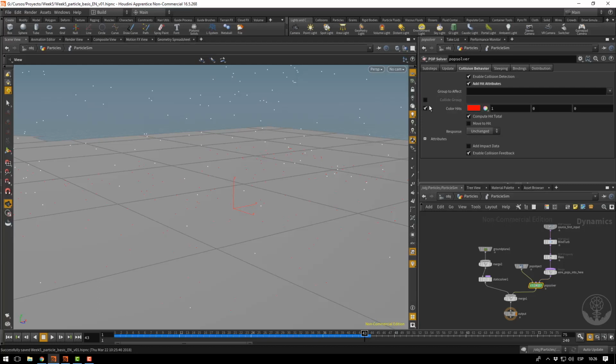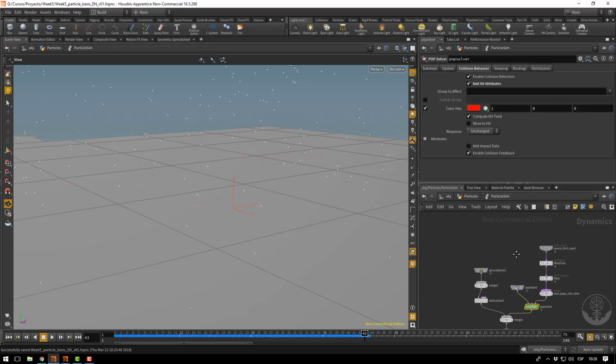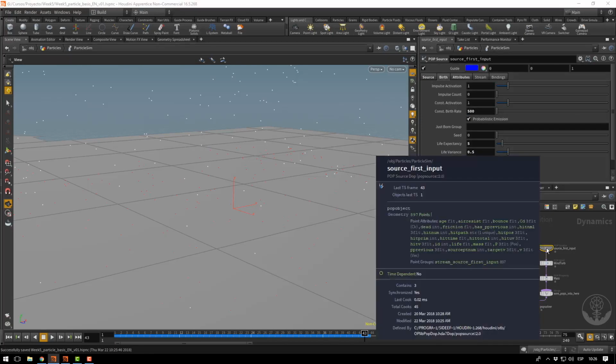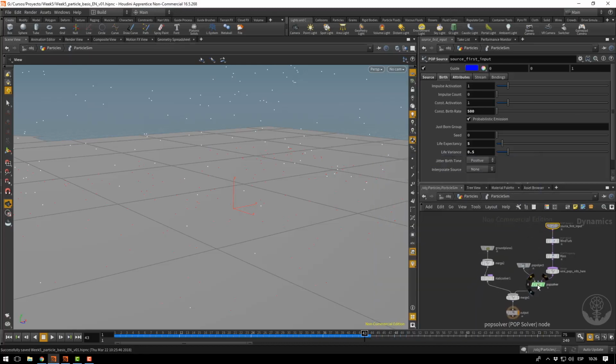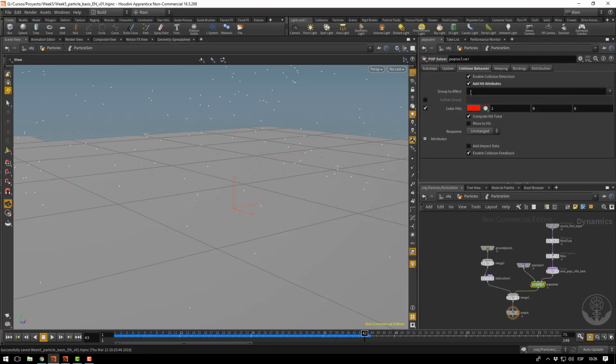The important thing about using Houdini is that you can make groups from different events. Here we have the emission, as we saw last time. It's the stream source first input, and what we can do now is save in a new group our particle collision. So this means that if we turn on this option and write particle collide,